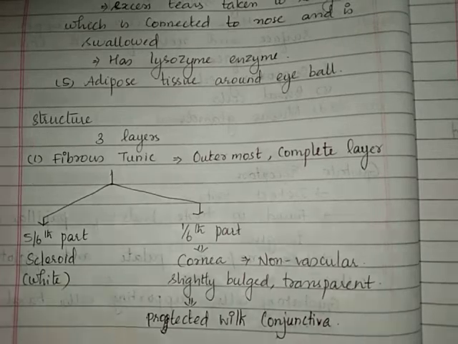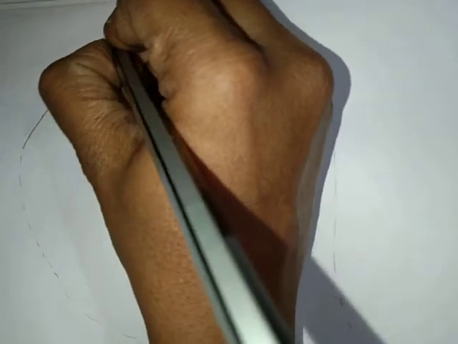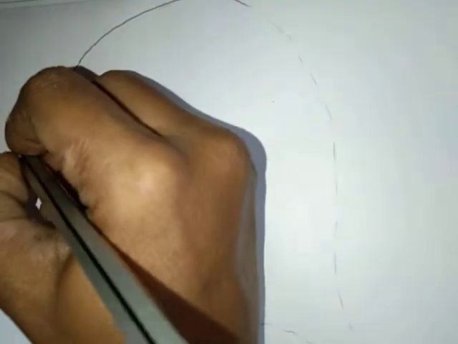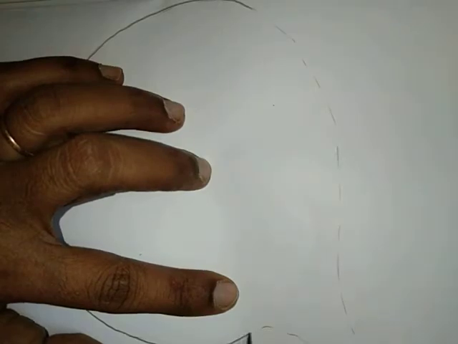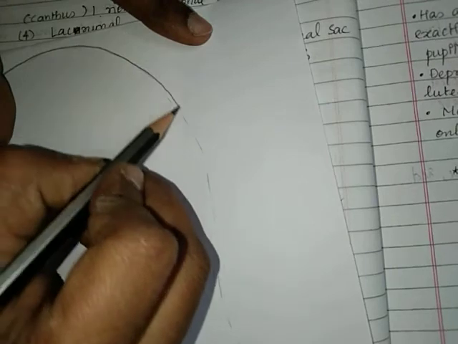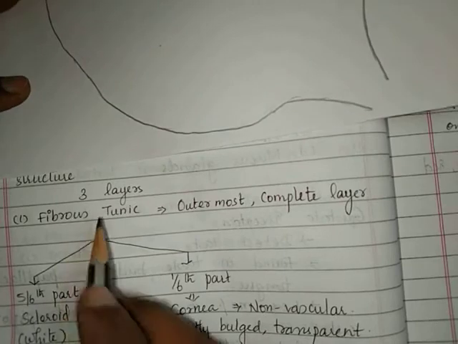And I'll show you this with a diagram so that it is easier for you to understand. I'll make an outline of the structure of the eye so that we'll study all the layers, starting from the outermost to the innermost, and see how the structure of the eye is formed with different parts in it. So this is just an outline. A perfectly spherical eyeball, and the outermost cover, that is the outermost layer. It is made of 3 layers.